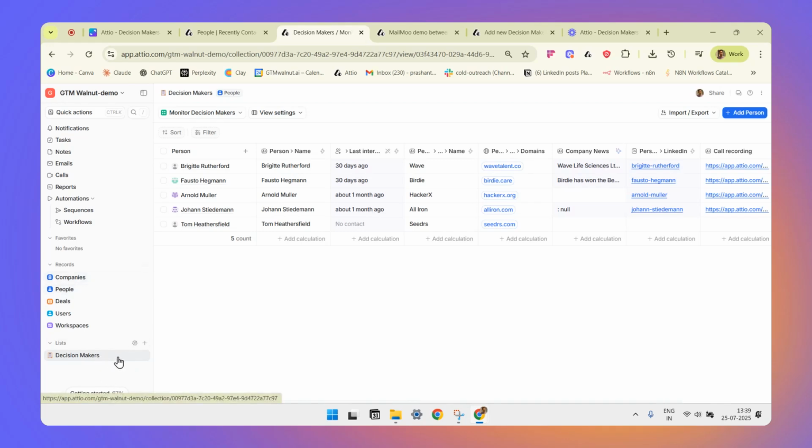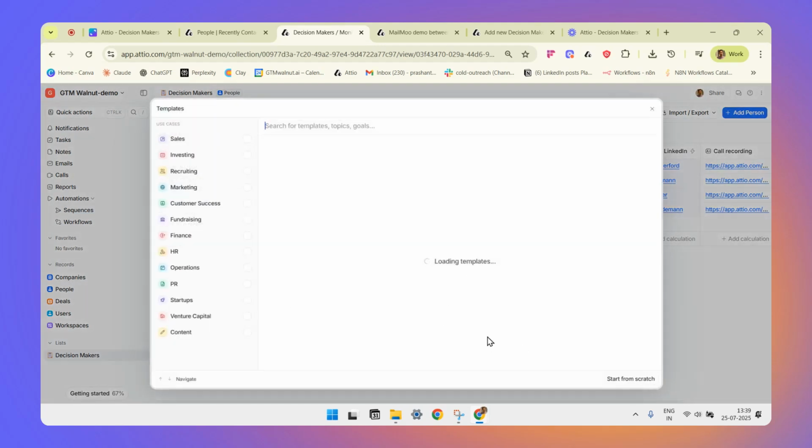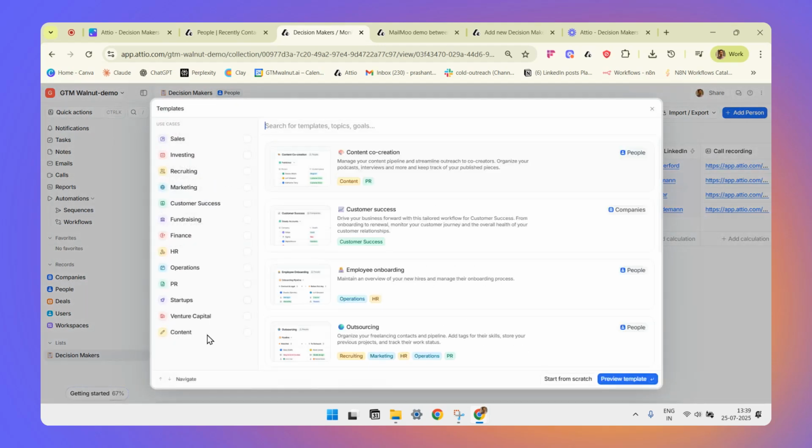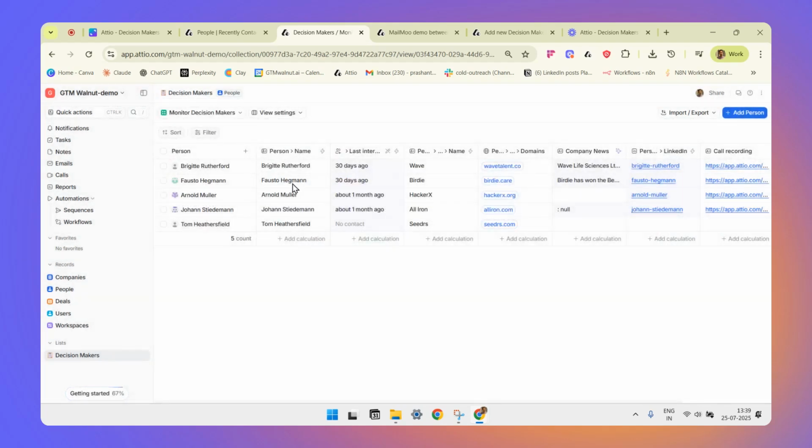People, you'll have to create separate lists for that. Now, I created a list and I started from scratch. I didn't use any of the templates over here. I basically started from scratch. And then